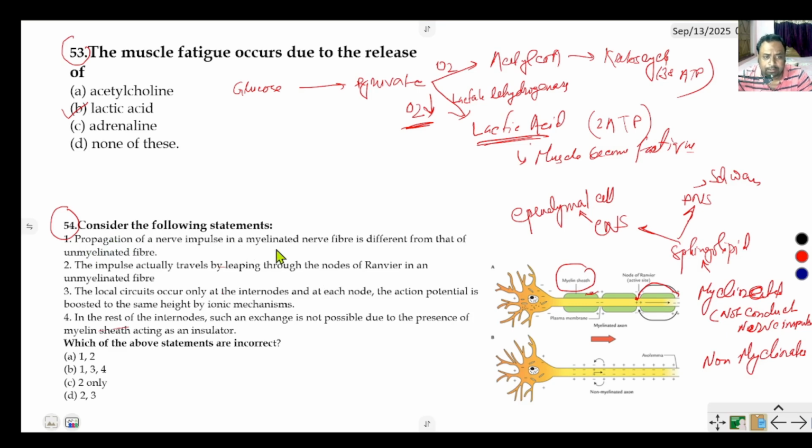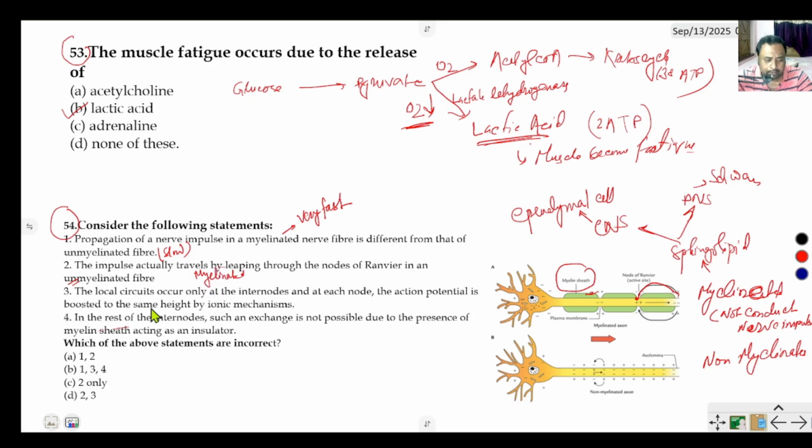So propagation of a nerve impulse in a myelinated nerve fiber is different from that of an unmyelinated nerve fiber. Definitely, in a myelinated nerve fiber the nerve impulse transfers very fast, and it is a slow process in an unmyelinated nerve fiber. The impulse actually travels by leaping through the nodes of Ranvier. In an unmyelinated fiber, not. This happens only in myelinated